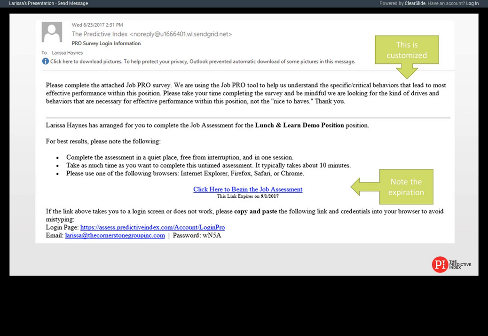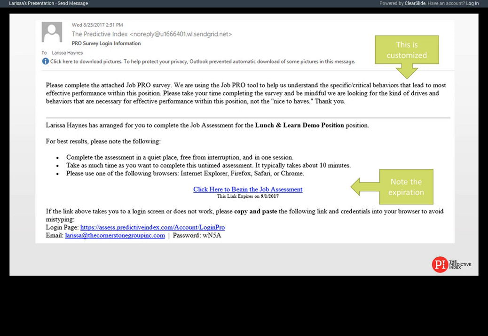That top section there is customized. So you can actually set a default in your system, or you can write individually each time that you send it, for those of you that have access to send. Some of the language that I really love and encourage you putting in is to tell people to really take their time completing it, to be mindful of what you're looking for from the perspective of what you're willing to reward, not what's nice to have. So sometimes we can go through and be like, yeah, I'd love it if they had that. You really want to keep it to what's going to be rewarded in the position.